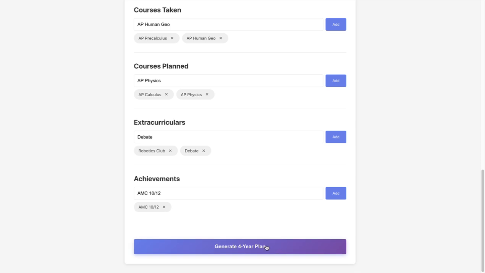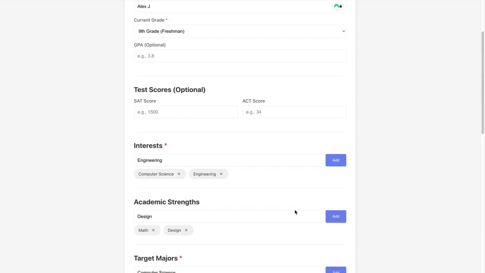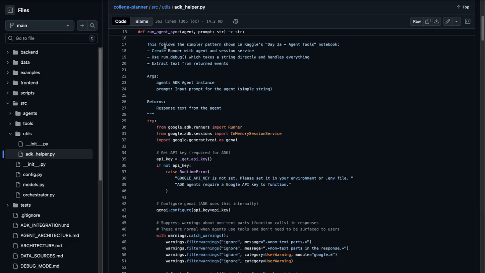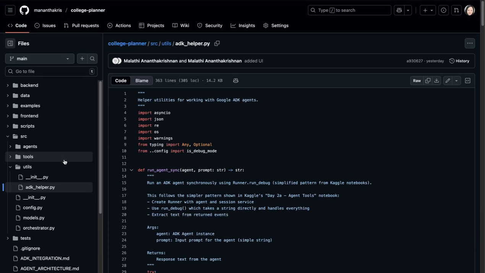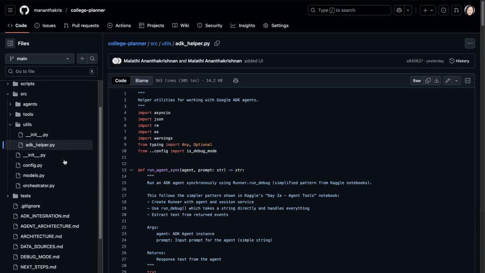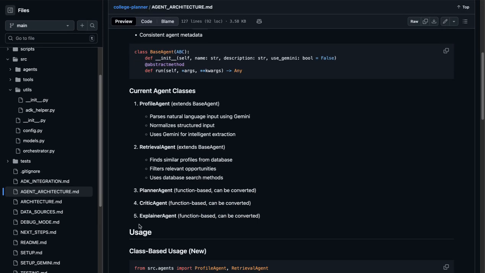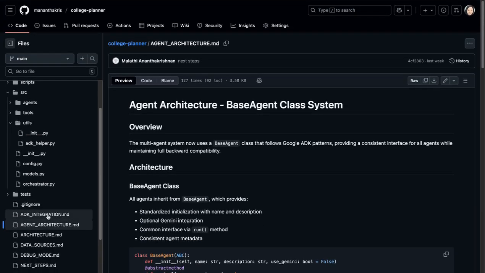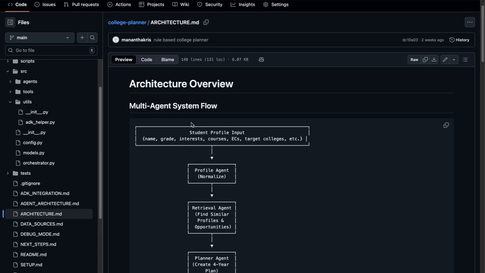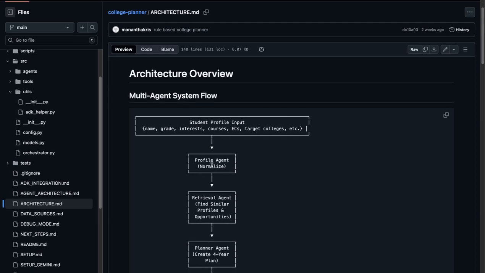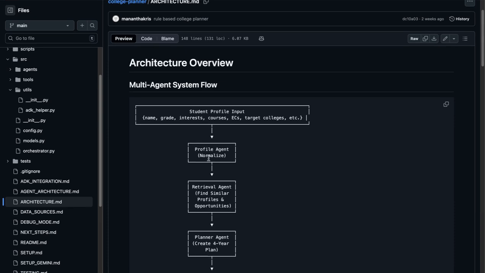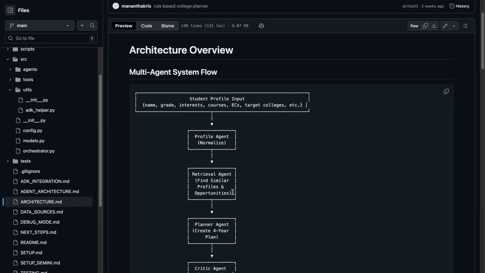And then when you click generate four-year plan, the app uses FastAPI, and the FastAPI calls a multi-agent backend that I built. It's all using the Google ADK agents with in-memory session, and this is how it's built. So the student input that's entered is first normalized using a profile agent. It takes all the input that's given, normalizes it into a JSON format, and then passes it into a